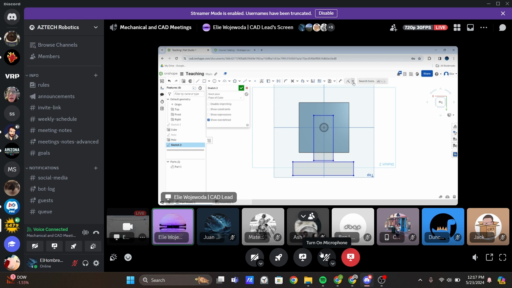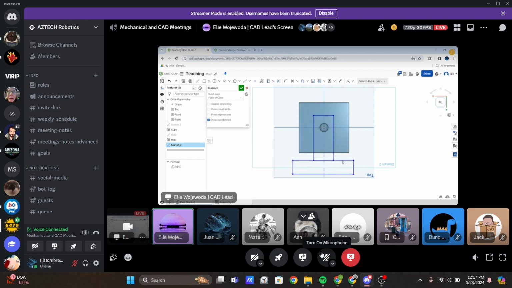The big thing with drawings is that there are geometric relations between the basic shapes. You can see here coincident is a big one that we use. As it says here, it makes two or more sketch entities able to share the same location on a sketch. So basically, it just makes things touch each other. If I want to make these two rectangles join up, I just select both of them, and now they're